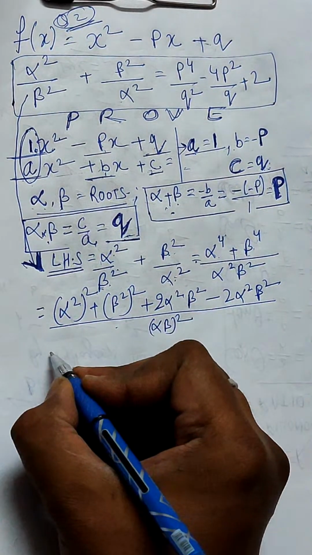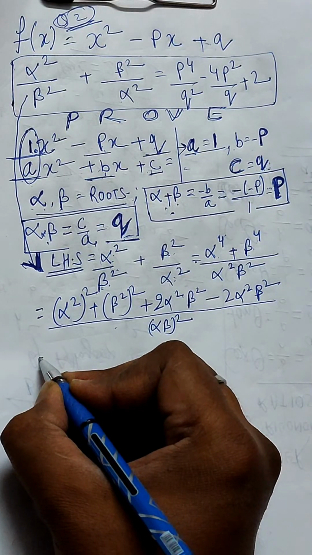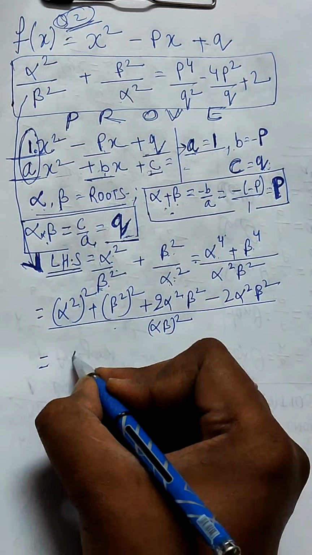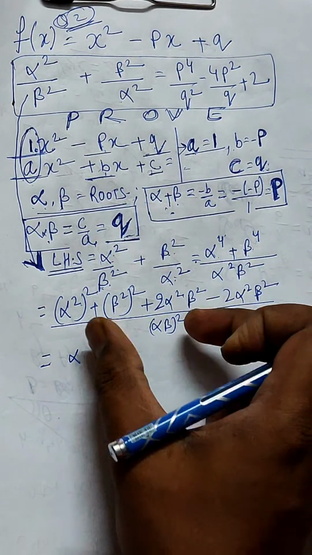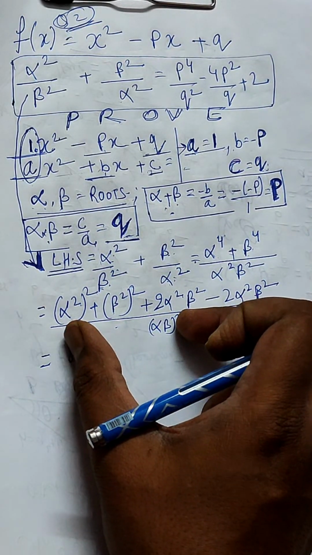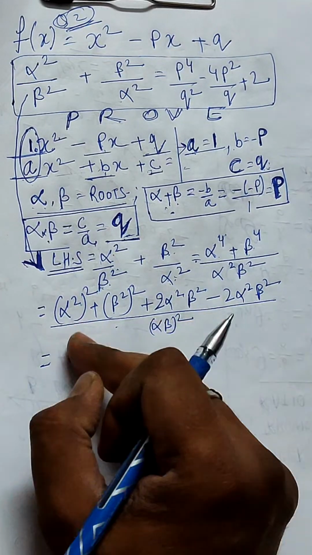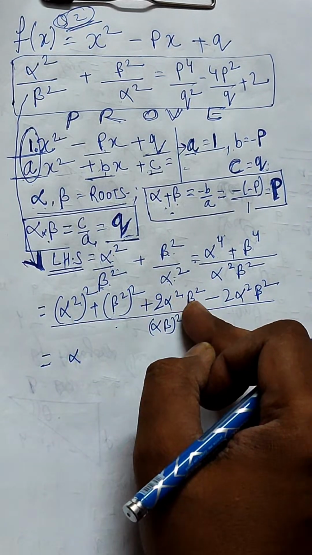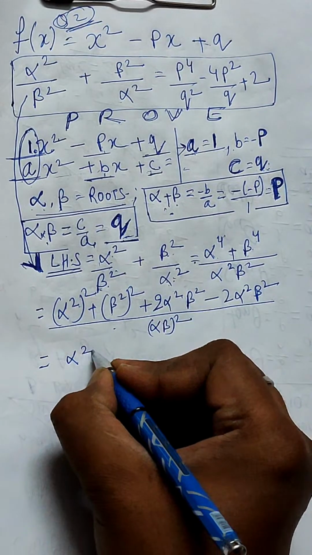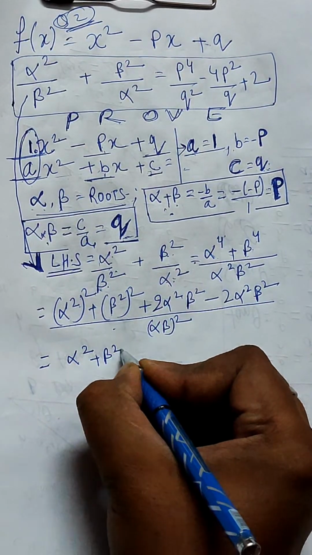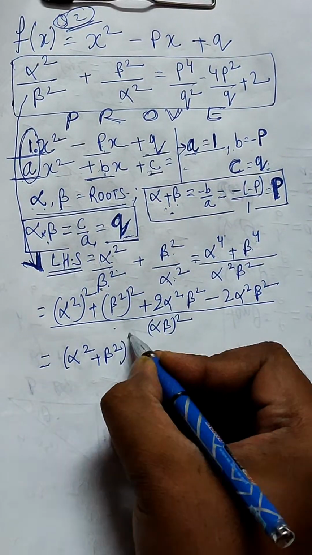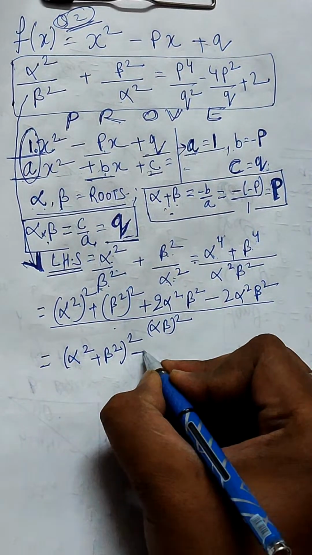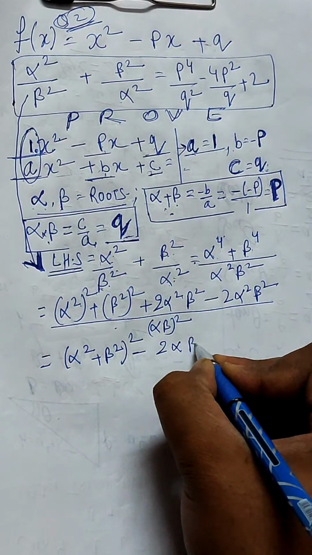This will give you the next step. What's that? That is alpha squared plus beta squared plus 2ab, in the standard form of a quadratic expression, a squared plus b squared plus 2ab. So we can write alpha squared plus beta squared, the whole squared, minus 2 alpha beta